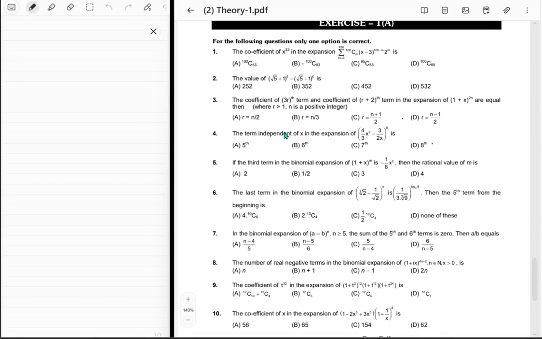Okay, let's go to exercise 1A now. First question. The coefficient of x to the power 53 in the expansion of the summation from m equals 0 to 100 of 100Cm (x minus 3) to the power 100 minus m, times 2 to the power m. Okay, it's just, of course,